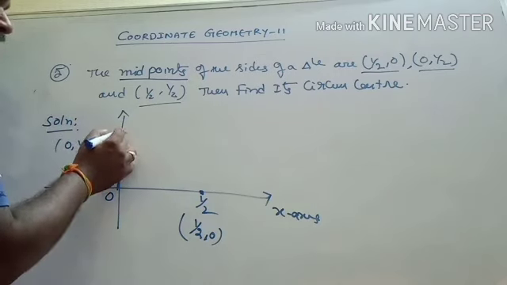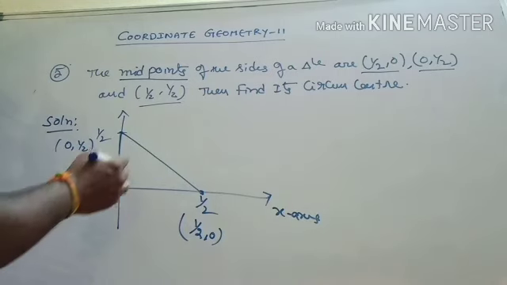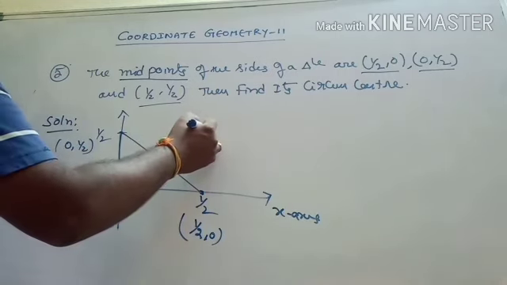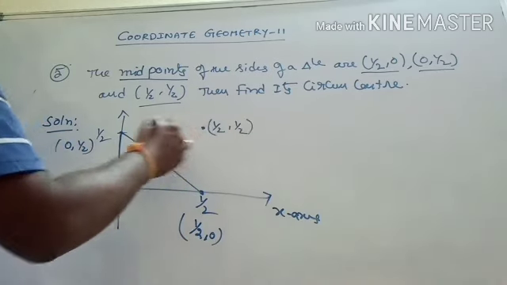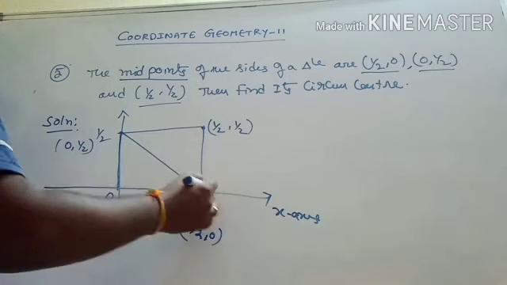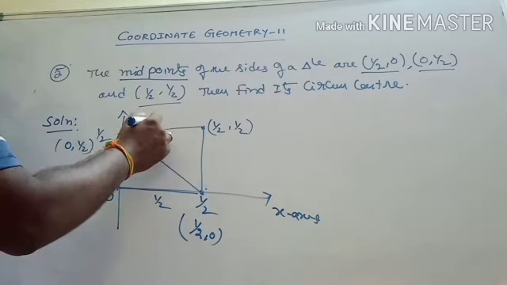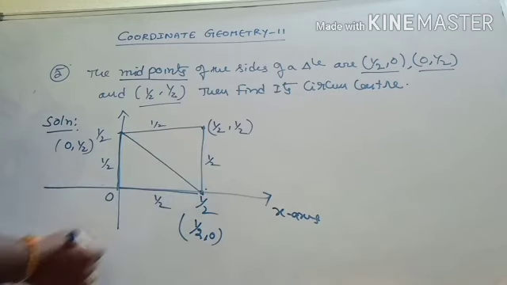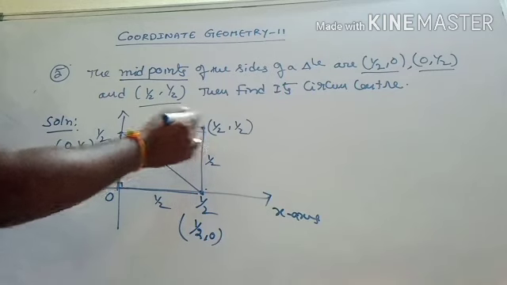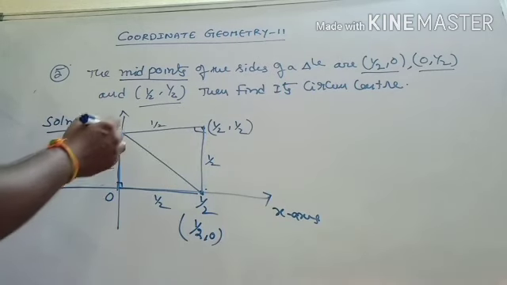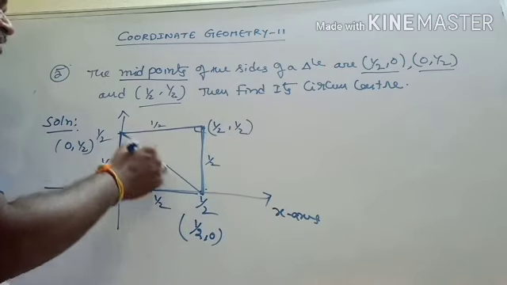Wonderful. Now you join this, right? And the third one you have is 1 by 2 comma 1 by 2. This is 1 by 2 comma 1 by 2 you have like this. If you join this, this is of length 1 by 2 units, this is of length 1 by 2 units, and the angles, this is 90 degrees, this is 90 degrees. We can easily guess that this is the triangle you have here. It is formed like this, right?